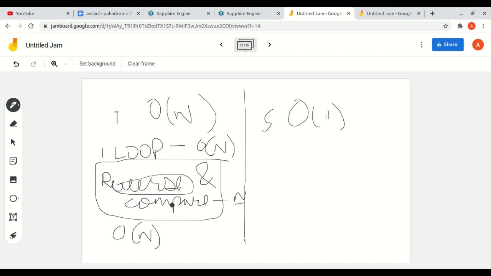So big O of n plus big O of n plus big O of n, 3 big O of n is equal to big O of n. The time complexity is big O of n, and we haven't used any extra space, so it will give our space complexity as big O of one.